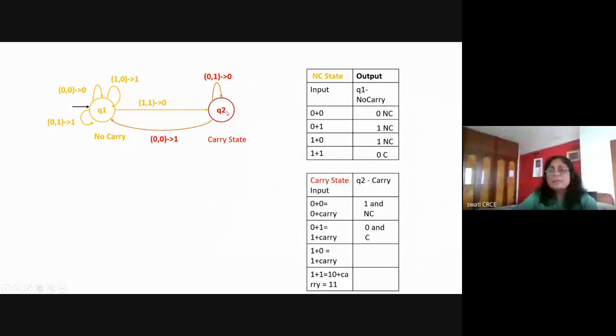Okay. So whenever you say that your machine is in the carry state, it means that the previous calculation has generated a carry, and the machine is waiting to receive any input. Now the next input is 1 plus 0. If it is in the carry state, 1 plus 0 will give you the answer 1, but the machine is in the carry state, so carry is added. So 1 plus 1 will be 0 and carry is generated, so it will remain in the carry state.